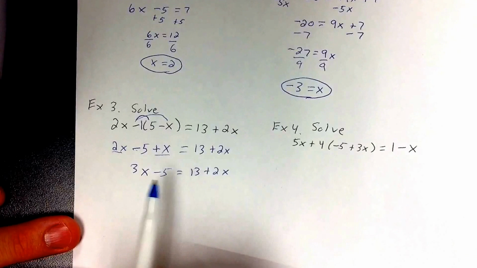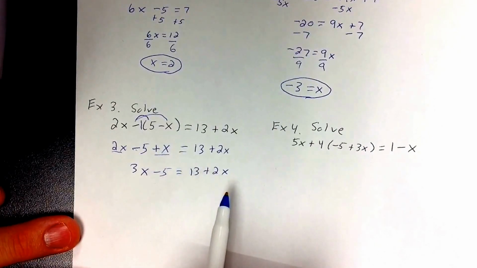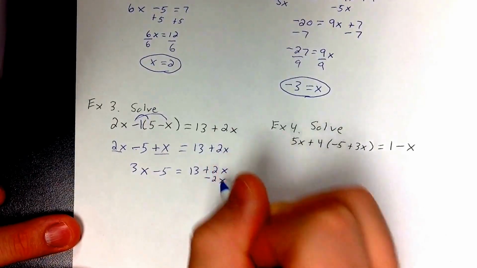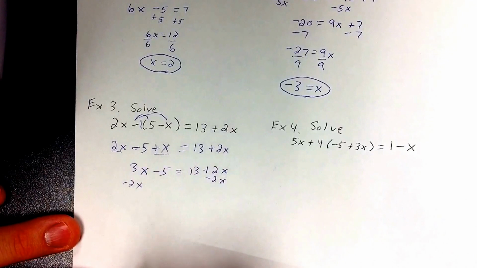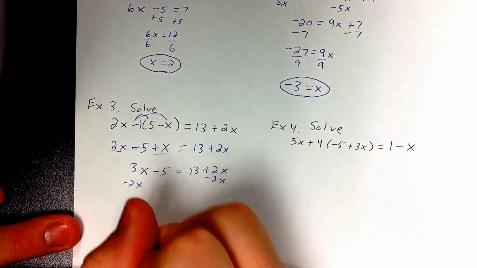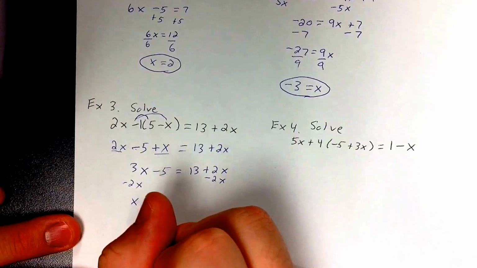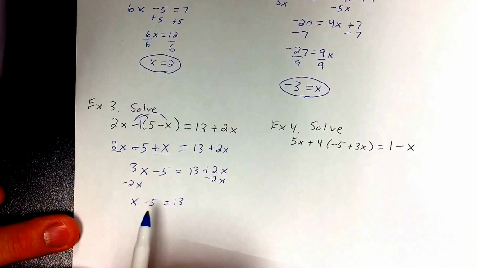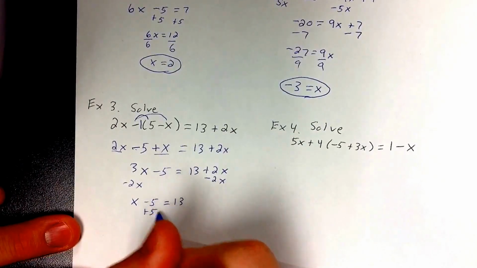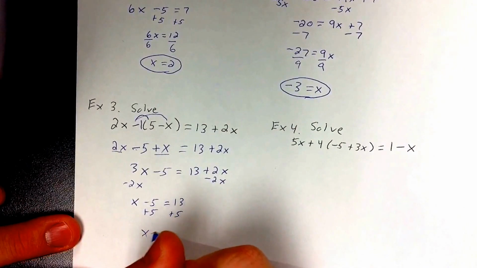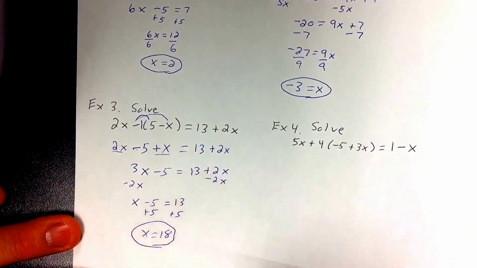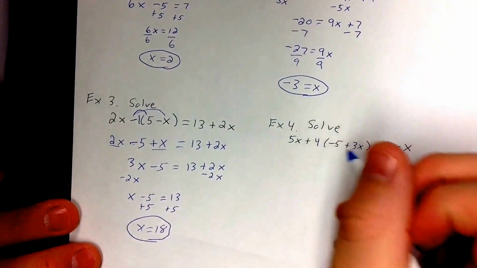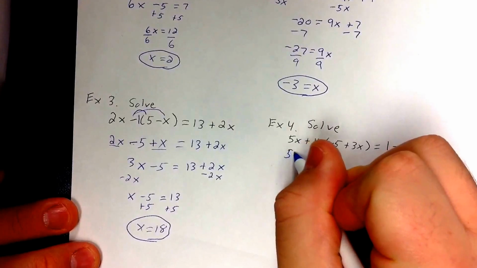Now I want to get the variable on one side. So again, I look at my two variables, 3x and 2x. Well, 2x is smaller. The opposite of a plus 2x is minus 2x. 3x minus 2x is just x, or 1x. Bring down the minus 5 equals 13. So my variable's on the left-hand side. It's not by itself because of the minus 5. So I have to add 5 to both sides and get x equals 18. Okay, example 4. So again, I'm going to bring down the 5x, and then I'm going to distribute this